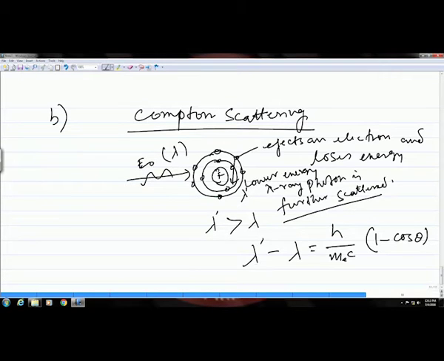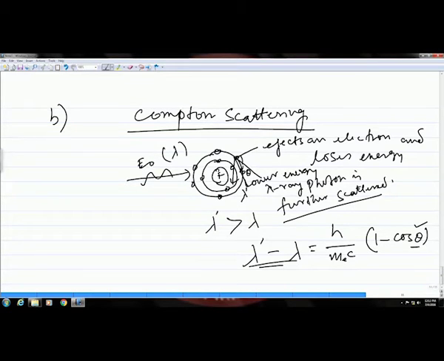And this energy shift depends on this scattering angle theta. Okay. So, it can get scattered again by different angles like this or like this and so on. So, how much energy it will lose depends on the scattering angle, and that is why you see this scattering angle theta coming into picture in this case.